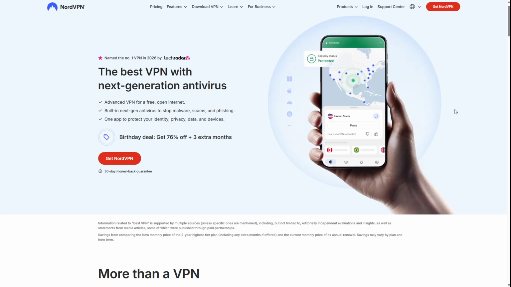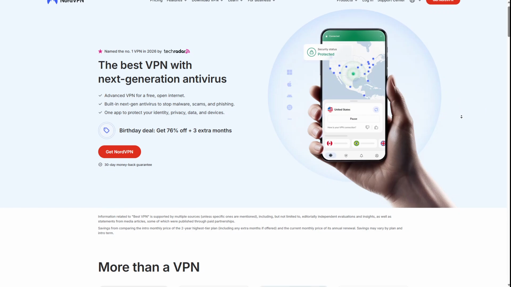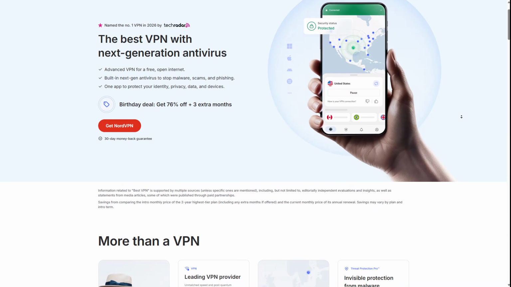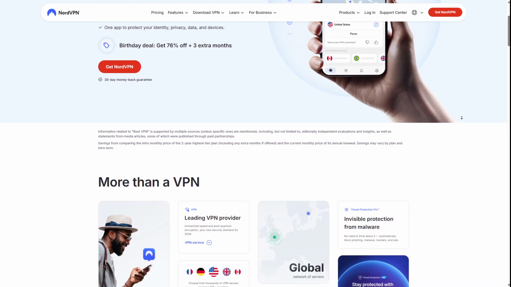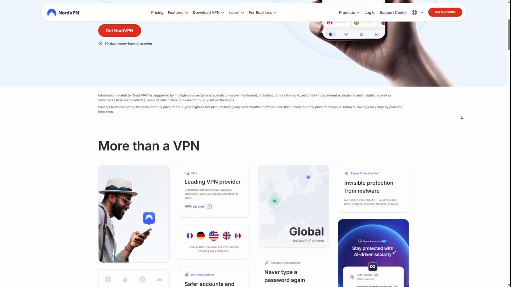Hey everyone! In today's tutorial, I'll show you how to send an anonymous email using NordVPN. Whether you're looking for extra privacy or you're simply curious about more secure communication, this guide will walk you through